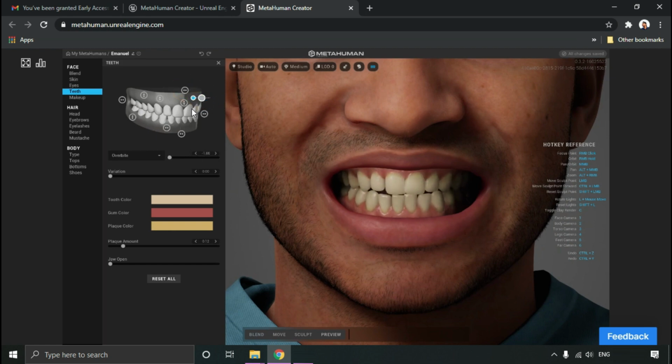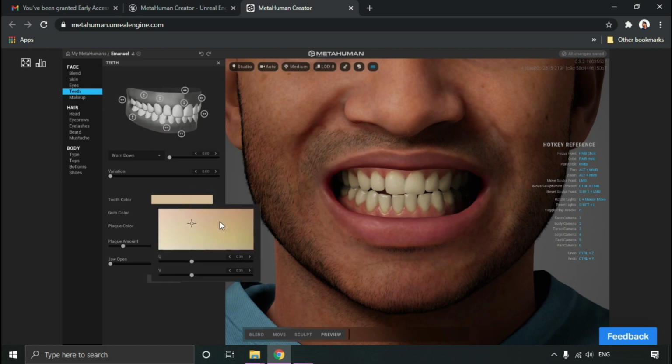We can change the gum size, the gum clenching thing. We can extrude the teeth more. A whole lot of customizable features. Okay, this is fine, no problem. We can lighten the tooth color just like a dentist would.